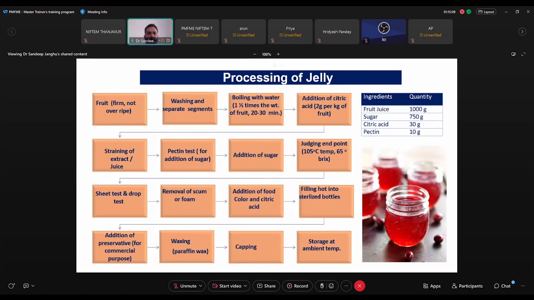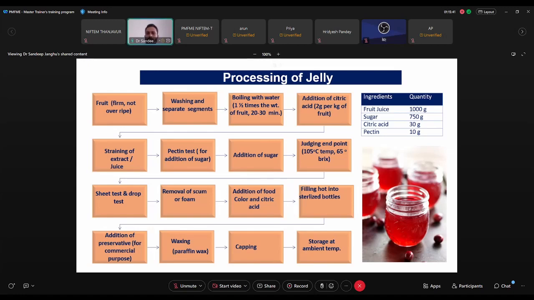After proper selection of the fruit, washing, peeling, and then we boil, as we are taking semi-ripe to unripe fruits in majority. So boiling for softening of the tissues is done. Then after adding citric acid, straining or juice extraction from the softened fruits is done. Then after doing the pectin test, we can add sugar,